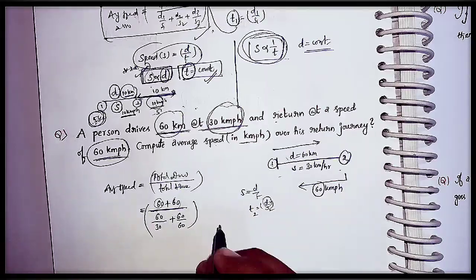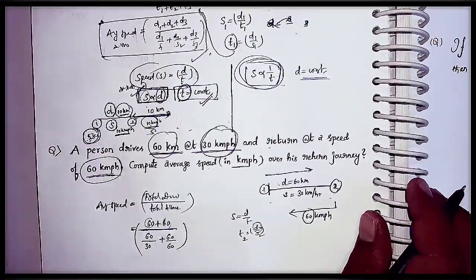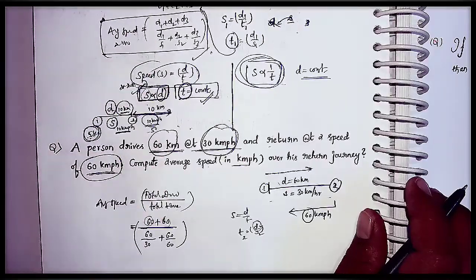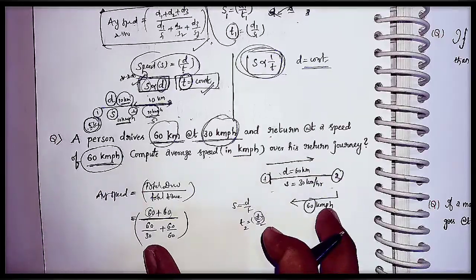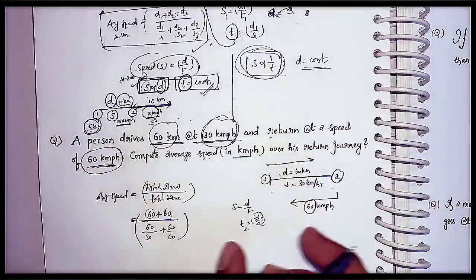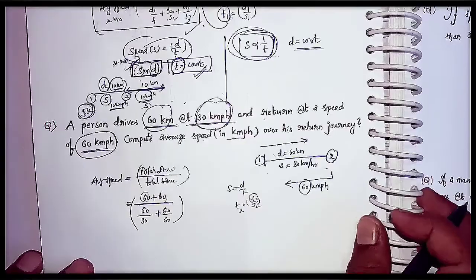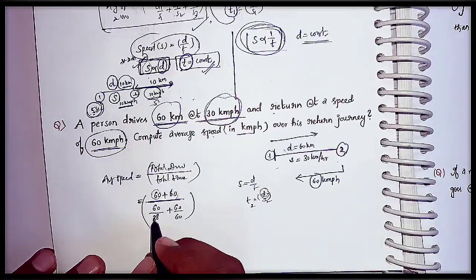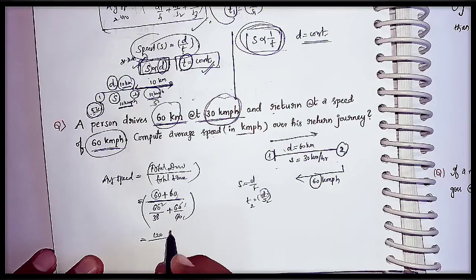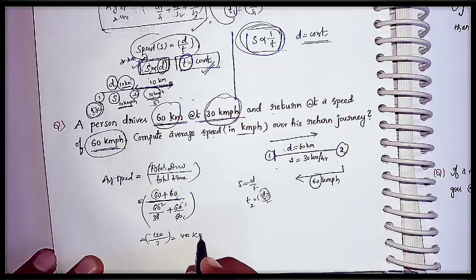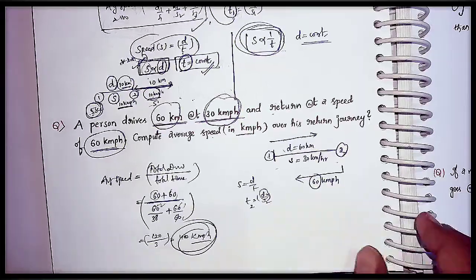Yes or no? Similarly, the same formula here we came, but I didn't use d1 plus d2 plus d3 like this. Just analyze the question, whatever he gave in the question. Okay, without any formulas we can easily solve. Listen carefully, these are the simple techniques here. 30 1s, 30 2s and 60 1s, 60 1s. Okay, that is total 120 by 2 plus 1, 3. That is total 40 km per hour. This is the average speed we got here.